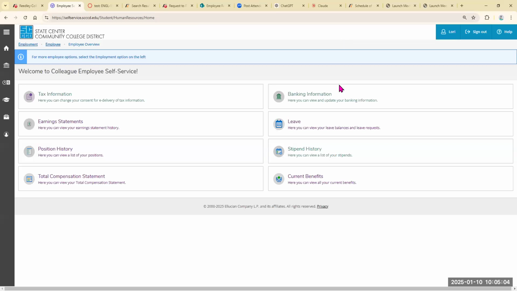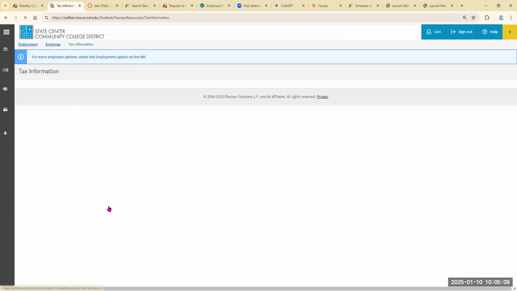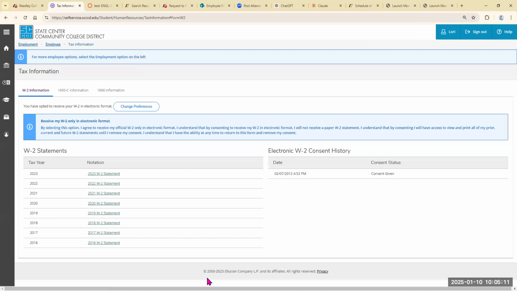A couple of things. The first box on the left is your tax information. And we have had W-2 statements available electronically for the last